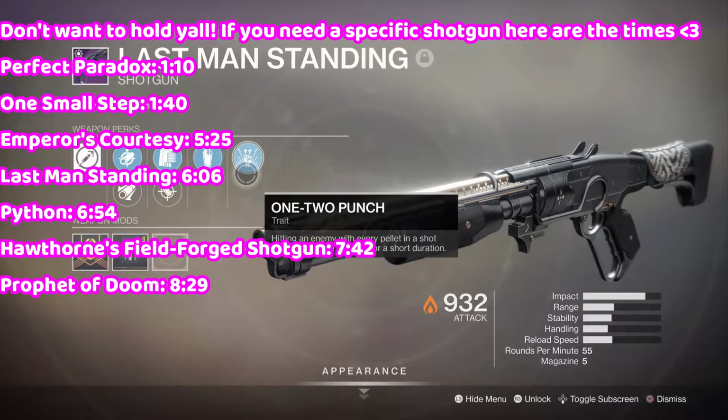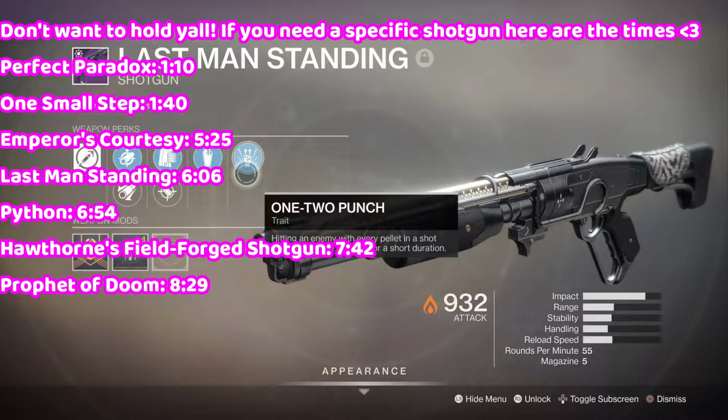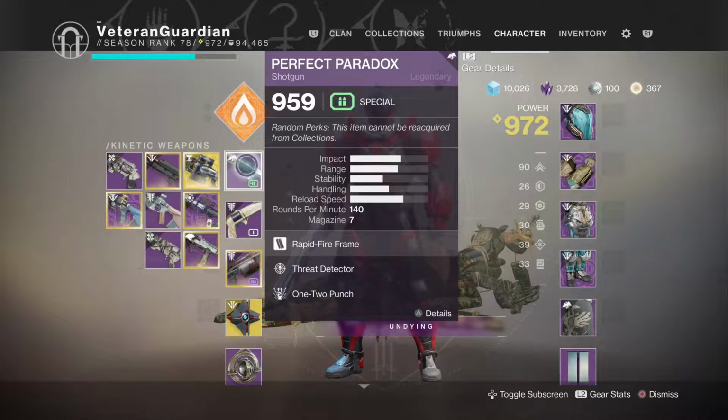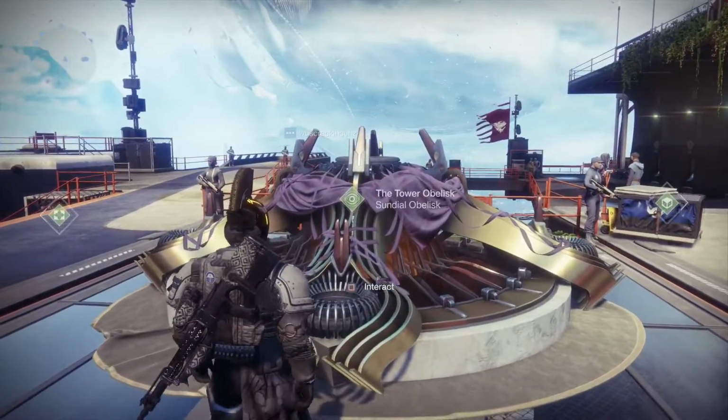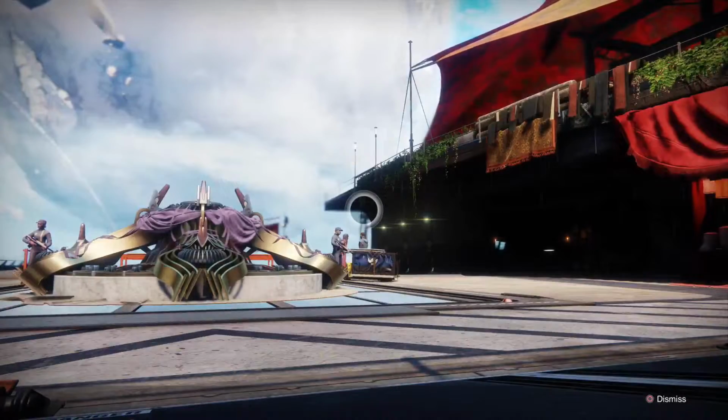So first off, we're going to start off with the one that's the most fresh in Season of the Dawn, and that's called Perfect Paradox, as a lot of you probably already know. So this one requires Season of Dawn, and what you're going to do is go to the Tower Obelisk and pick up the Perfect Paradox bounty, and then after that it's going to assign you